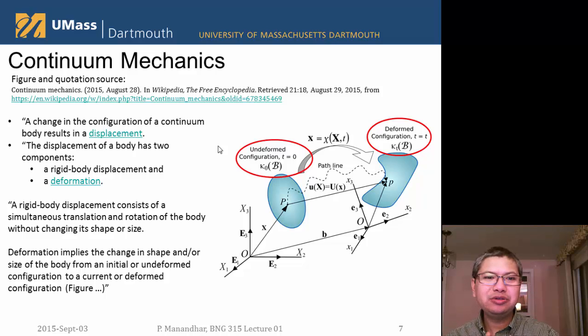So in classical mechanics, you usually restrict yourself to the rigid body displacement problems, while in continuum mechanics, you are looking at the deformation of the body. So the rigid body displacement can consist of a translation as well as rotation in three-dimensional space, while the deformation implies the change in shape or size of the body. So the body can shrink, expand, or it can bend, it can twist,